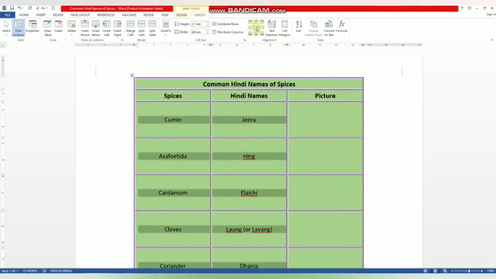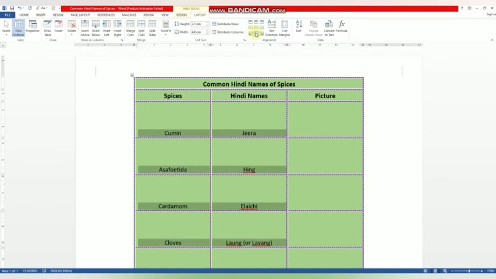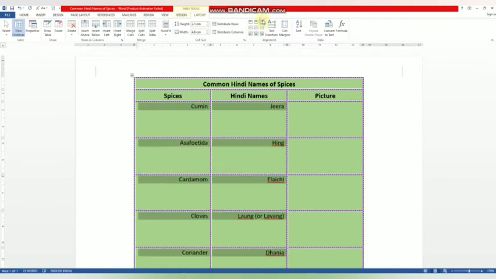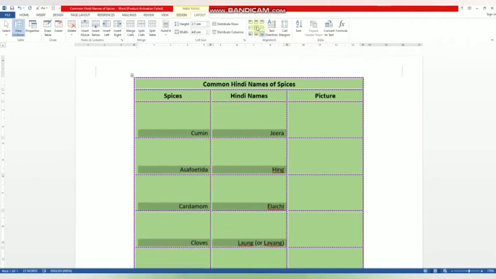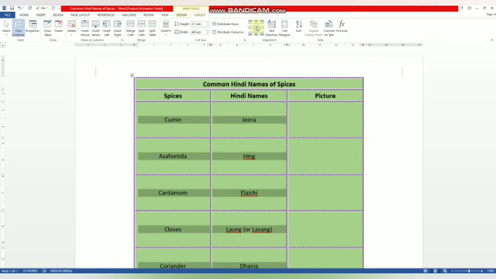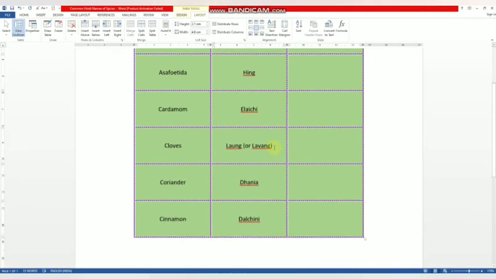This is center. Center of the cell. Bottom, middle. This is right, upper right, middle right and bottom right. So you can select your desired alignment from here.